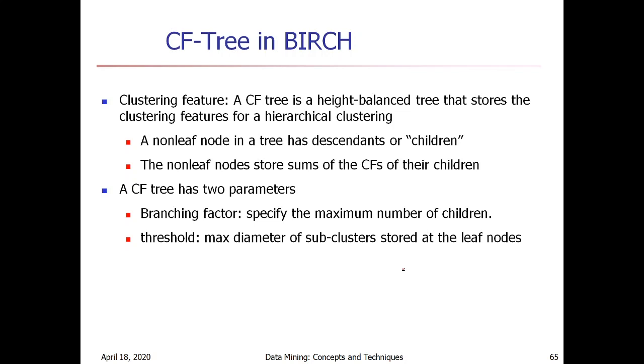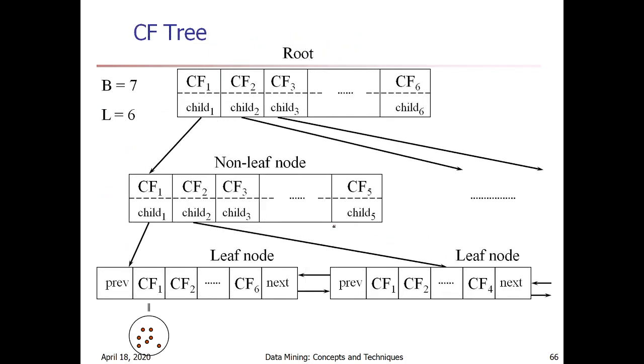So once any new node comes in where you can add it, the non-leaf node will always check the branching factor and the threshold value. If it exceeds the threshold value, it is again split down into a new subcluster. So like this you can represent the clustering feature tree.